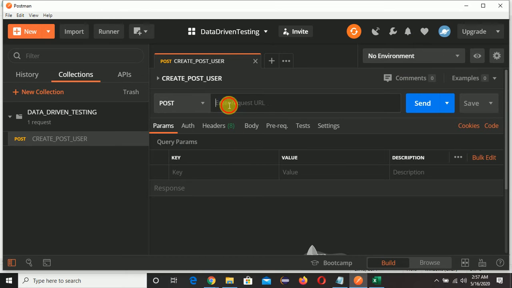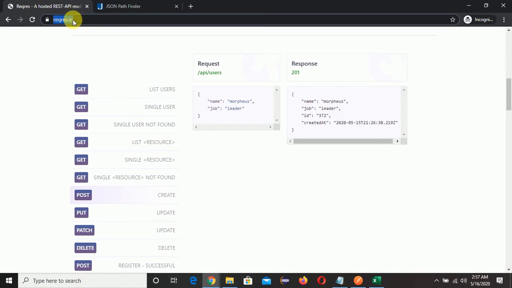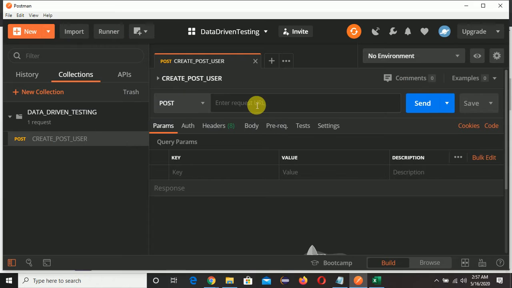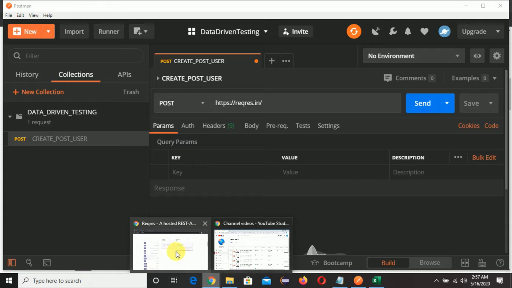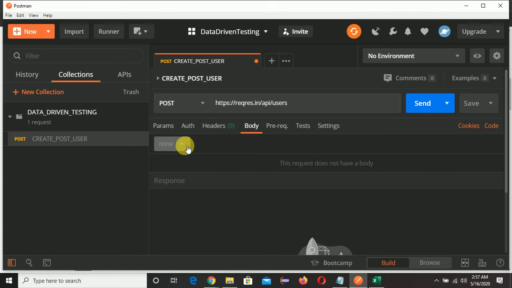Now we will copy the URL. Copy this and paste it here and give the end URL. Our end URL is API/users, right? Now since this is a post request, we need to pass a body here. Select raw and select JSON.